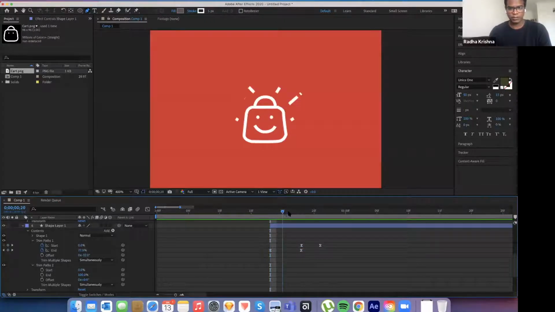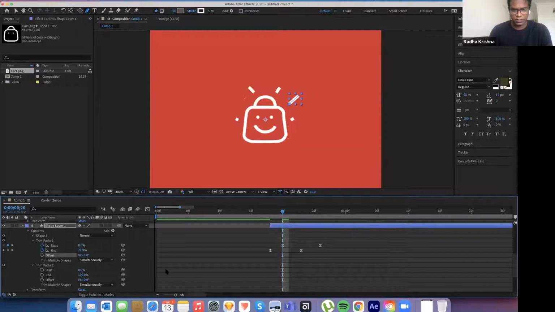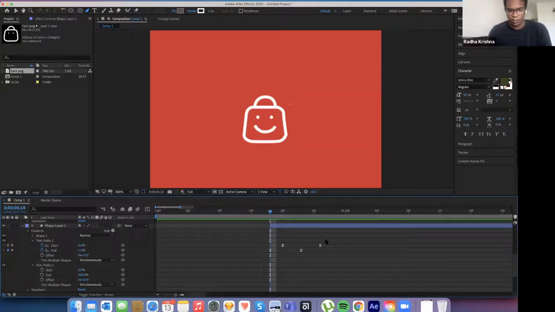Okay, it's because of the offset. I said something, so there is no offset. All right, so that's perfect. Sounds okay, looks good. So I come to the beginning frame now, I copy all these properties